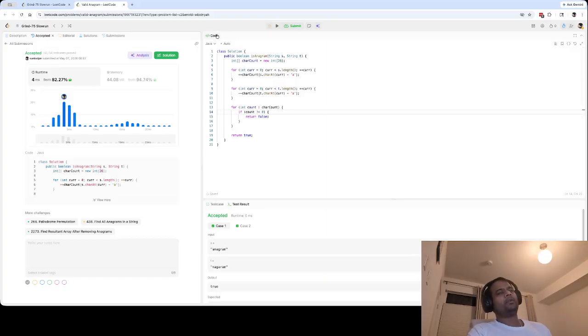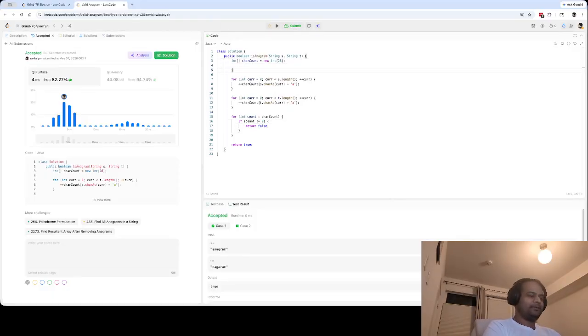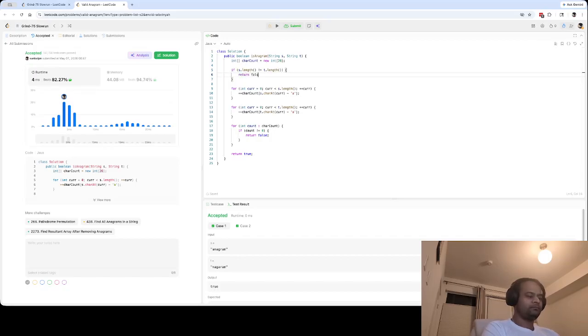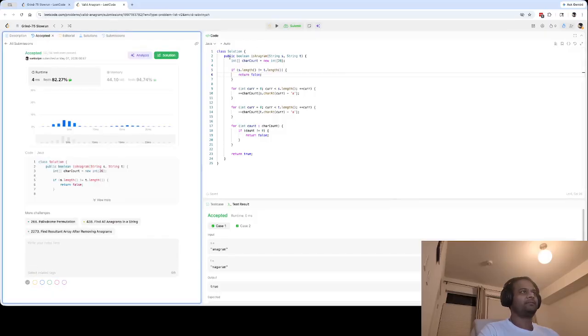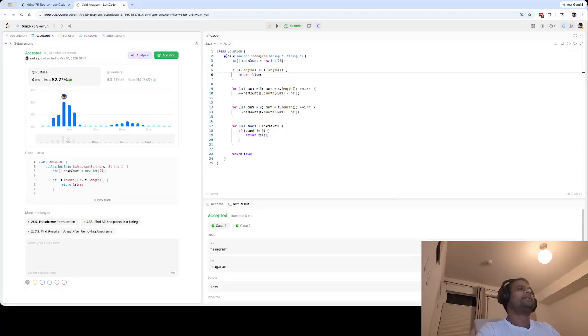Okay, now about complexity. Since we are traversing the strings exactly once, another optimization we can have here is, so let's see how this affects. Hmm, no difference. But anyway, since